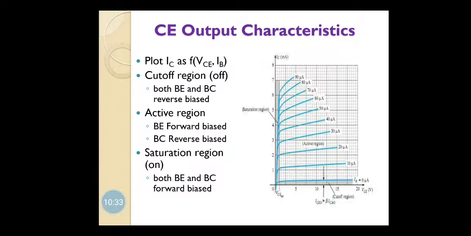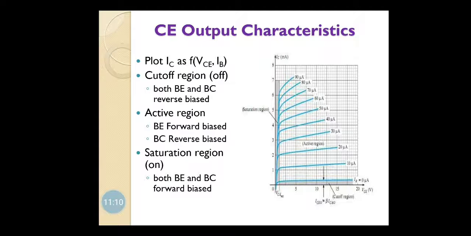So here you can see in this graph, on the x axis you have output voltage VCE, on the y axis you have output current IC, and at the same time you are going to keep input current IB constant, and then you will plot the graph. So you can see if base current I keep 0, that means input current is 0, then the output current is there but very little, the collector current is very little. So the lowest graph you can see here, cutoff region is written, so that is the graph.